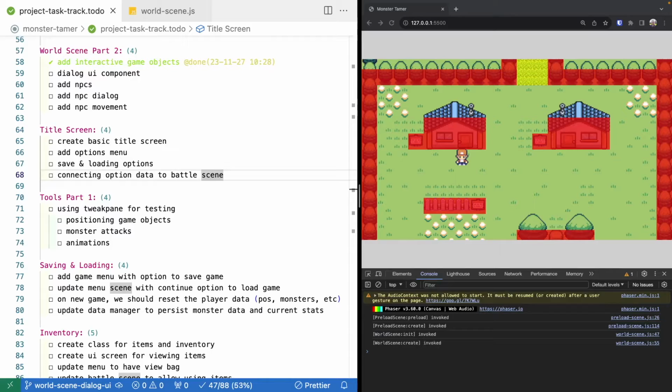Previously, we continued working on our world scene, and we added a new functionality to add interactive game objects to our scene. And so we added in custom signs that the player can interact with and read the signs in